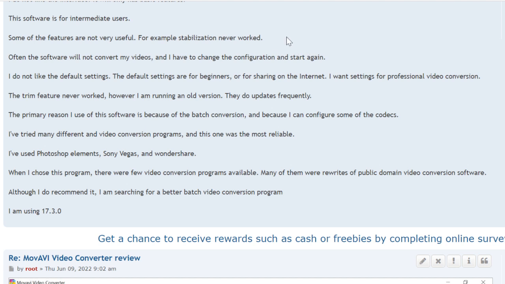Some of the features are not very useful. For example, I never got the stabilization to work. The trim video never really worked. It didn't work properly. Often the software will not convert my videos, and I have to change the configuration and start again. So I'll try to convert a video, and it won't work, and then you'll have to